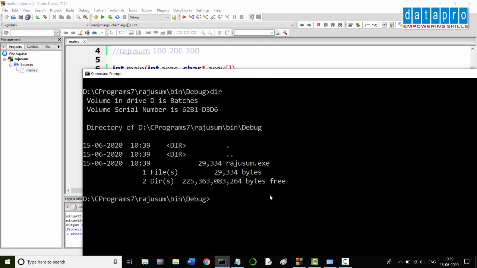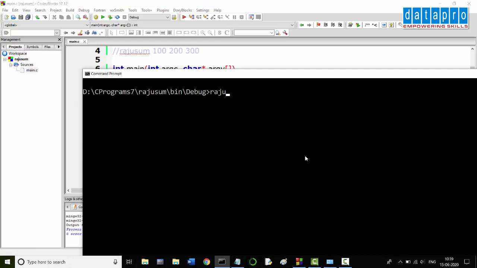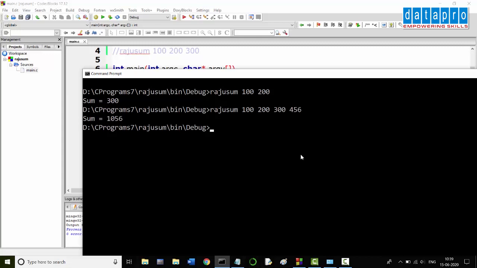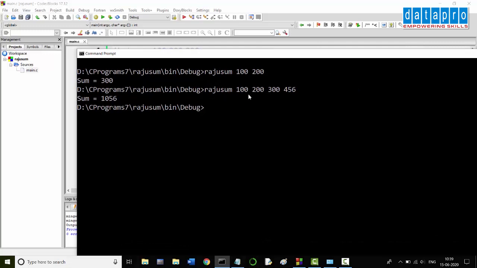There you can find the exe file. Now let's say Raju sum, .exe is not mandatory. Now let's give the values. There it is. You can pass any number of arguments. It can be any value. So this is how we can use command line arguments. This is the actual command and these are the arguments passed to the main function.